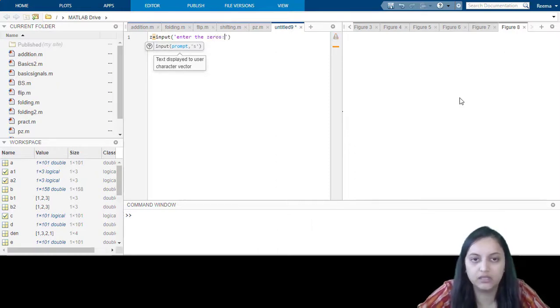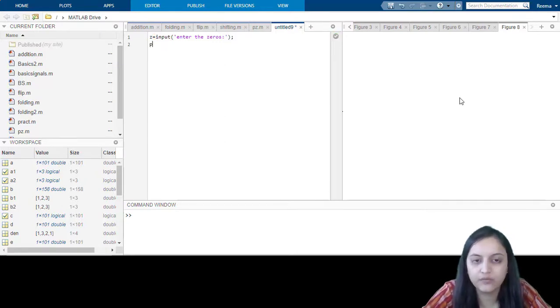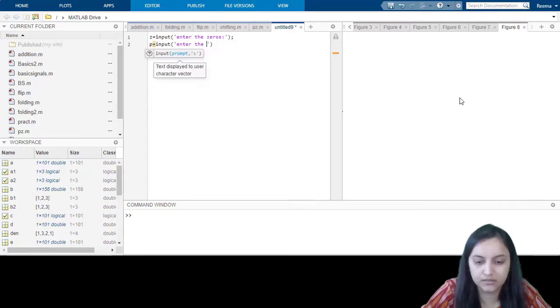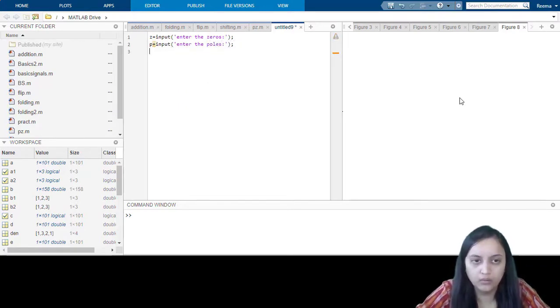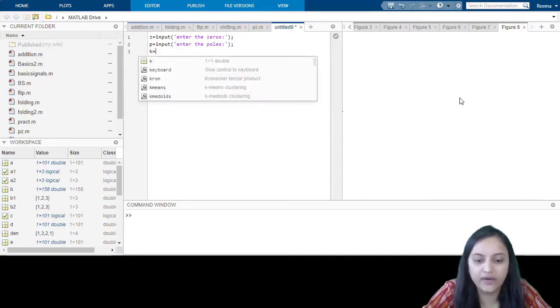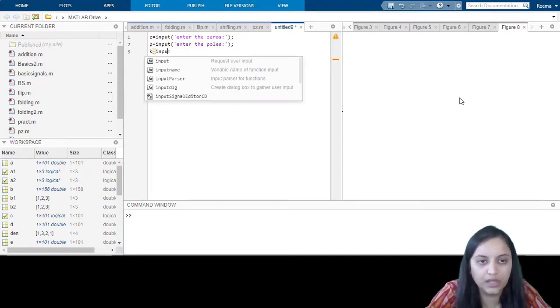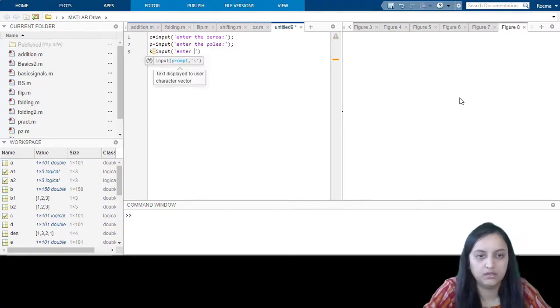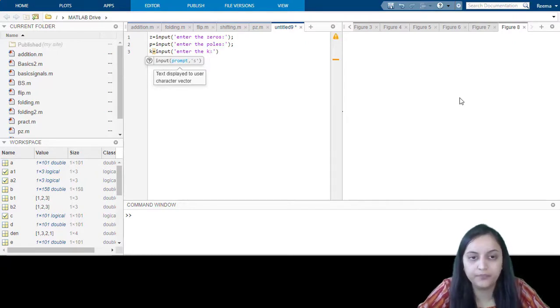So this will ask the user to enter the zeros values. Then let us ask for the poles values. So that will be p equals to input, enter the poles. Now let us ask the value of constant. So k equals to input, enter the k.